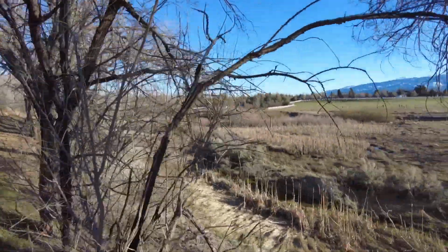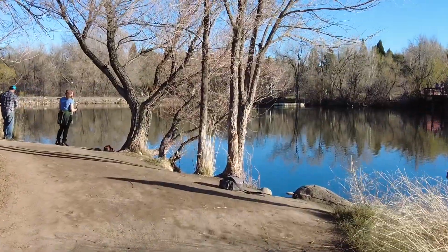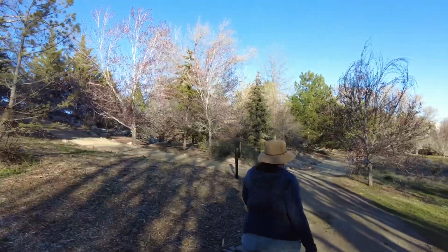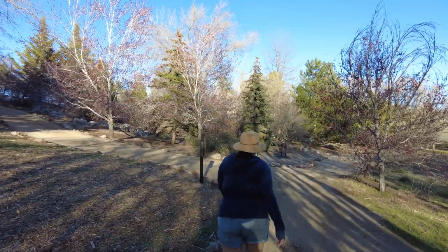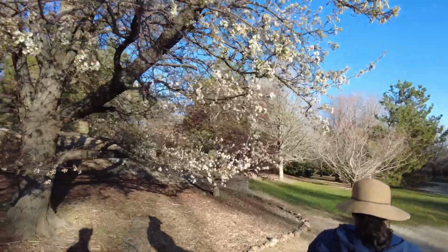And also, they host a lot of really cool events at this park. So we've done the dragon lights, and they host a bunch of different things. It's a really cool park, and we're super lucky to have something like this in Reno and northern